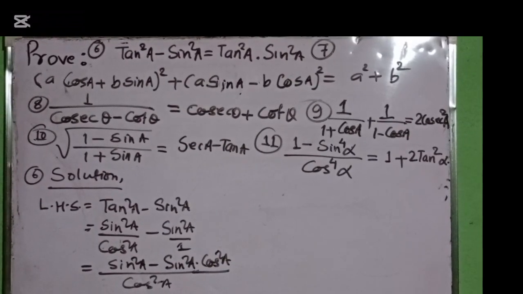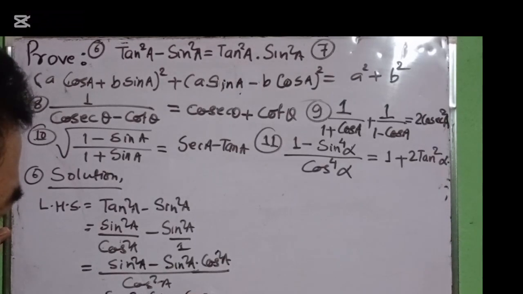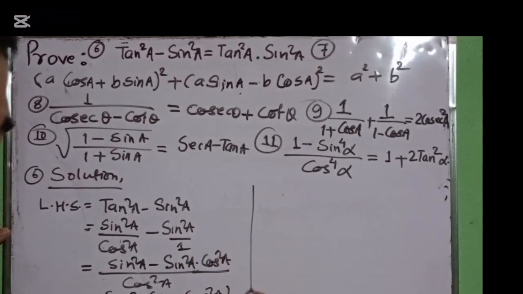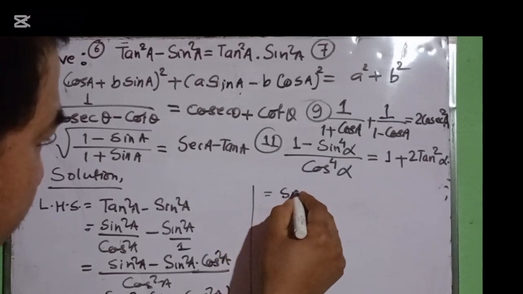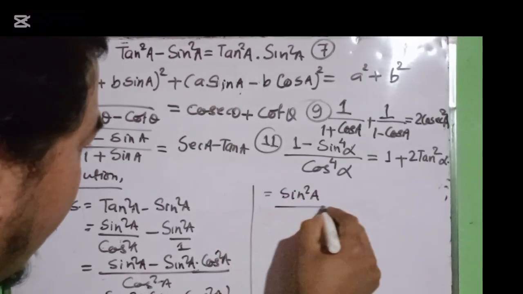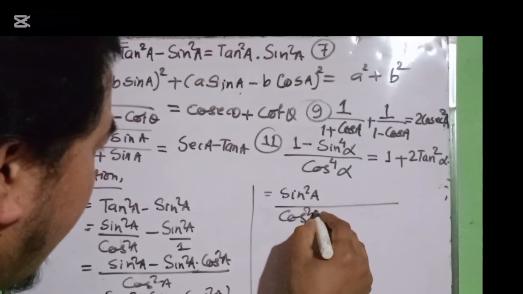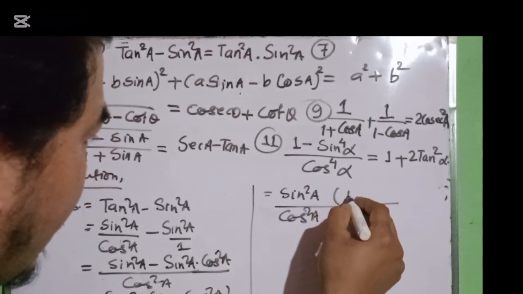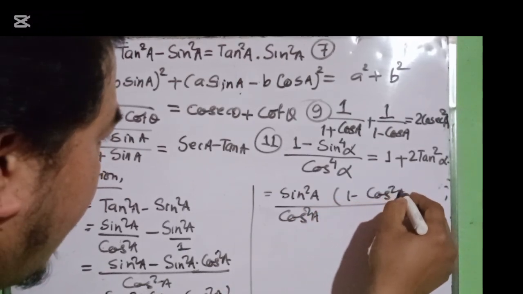After taking this LCM, we have to check that there are two terms. Here is sin square a, here is sin square a. Now we have to take sin square a common, okay? Then here is remaining 1 and here is remaining cos square a, and down there is cos square a. Now let's write sin square a by cos square a separately,